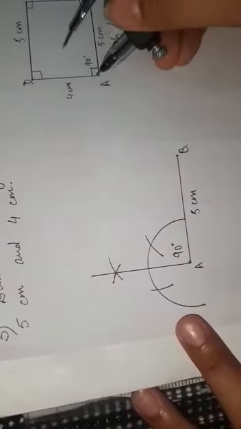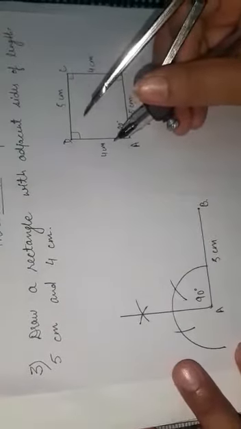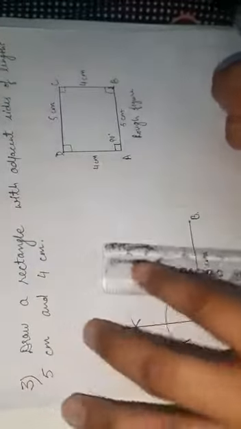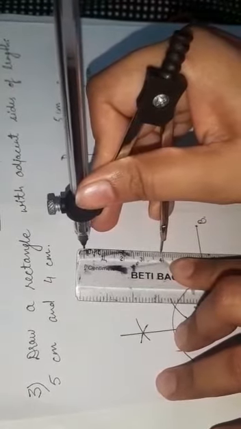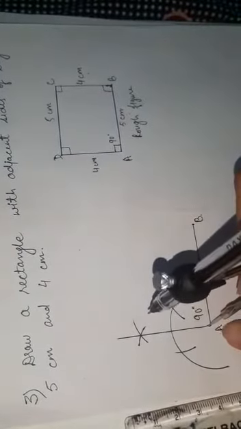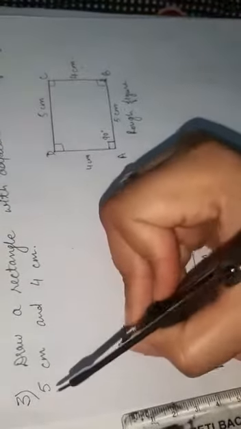After that, the line segment that is making 90 degrees, that is 4 centimeters. It is given in the question. Okay, means this line segment should be 4 centimeters. So this time open your compass equal to 4 centimeter radius. Measure it from the scale. Now this is 4 centimeter distance on the compass. Put your compass tip on point A and then draw an arc. Okay, this arc will become point D. This point D is 4 centimeters from point A. That means this distance AD is 4 centimeters.